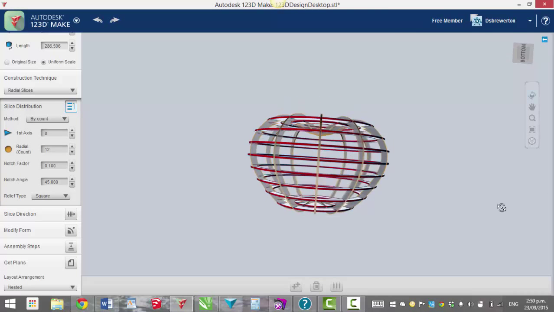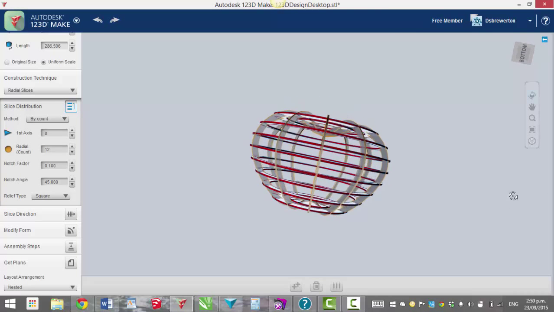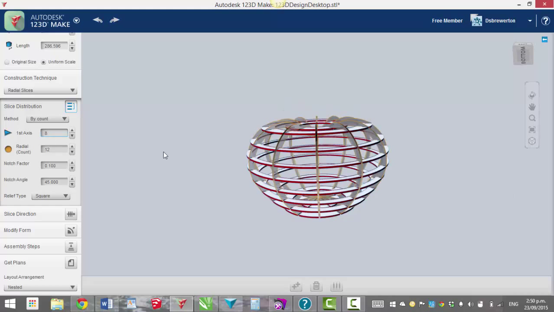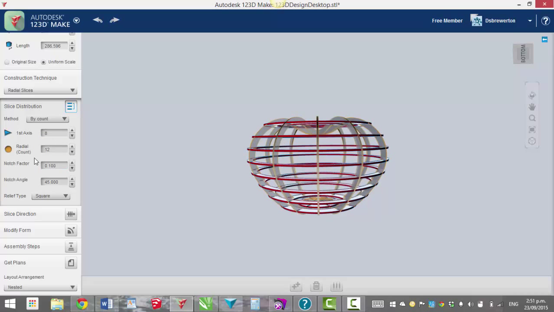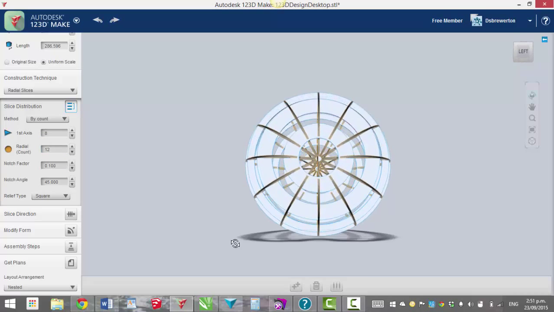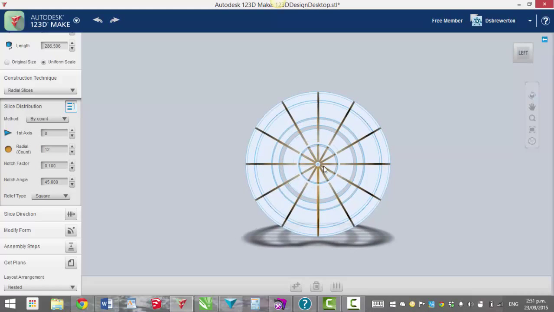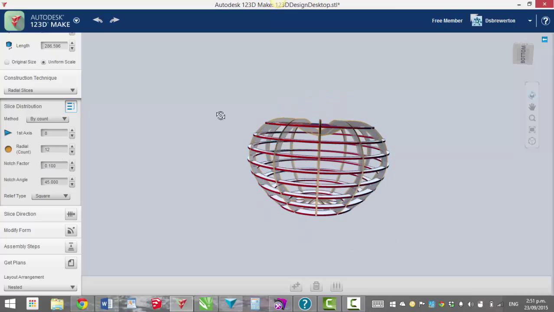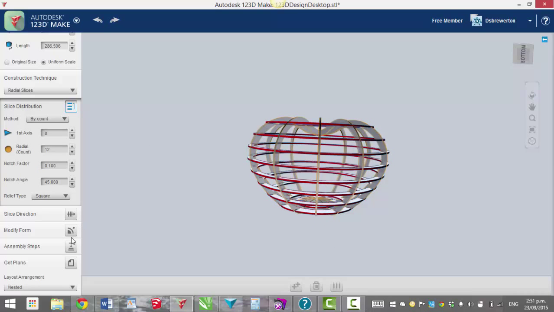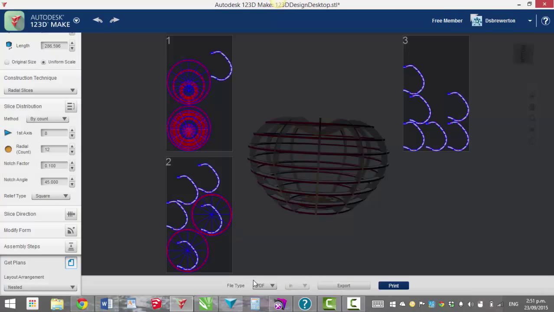Okay, so this here is the apple as I've decided to cut it out. I have 8 sections through the first axis and 12 sections spanning out through the center as the radial axis. And that's how I'm going to cut it. So how we do that now is we go to Get Plans and we download it as a PDF. So we make sure that that section is selected as a PDF, and then we export it simply by saving